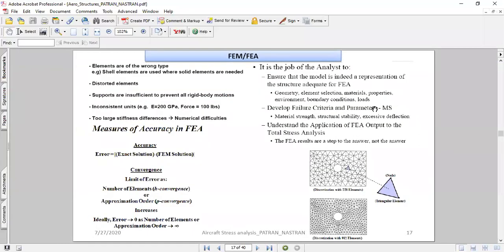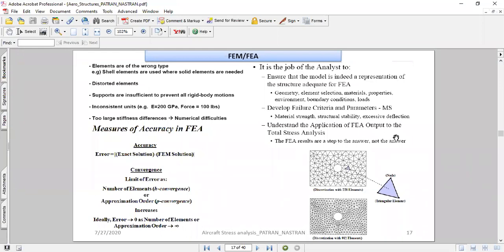So before using any tool, the user has to understand there are some limitations to the tool. One is that the user should be able to verify what the tool is throwing out. If the user doesn't understand the physics of the problem behind it, it would simply be garbage in and garbage out. The values don't make any sense, and there are a few mistakes people make when using any finite element tool.